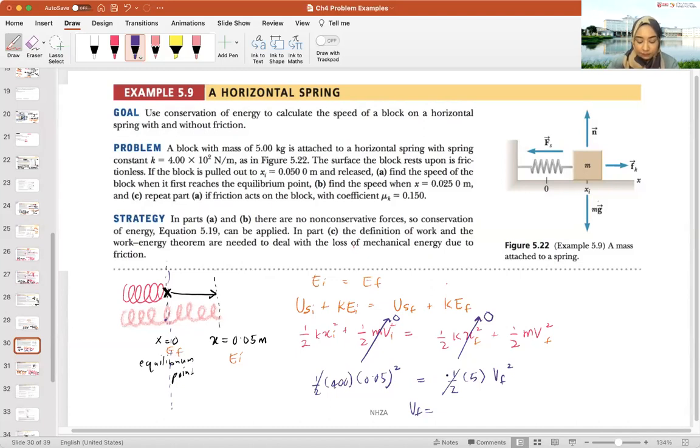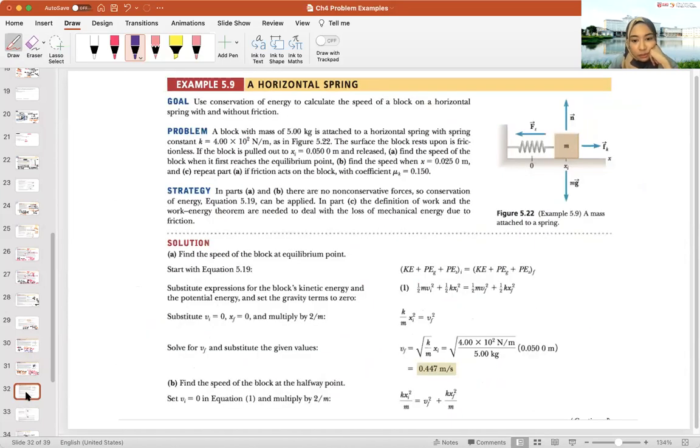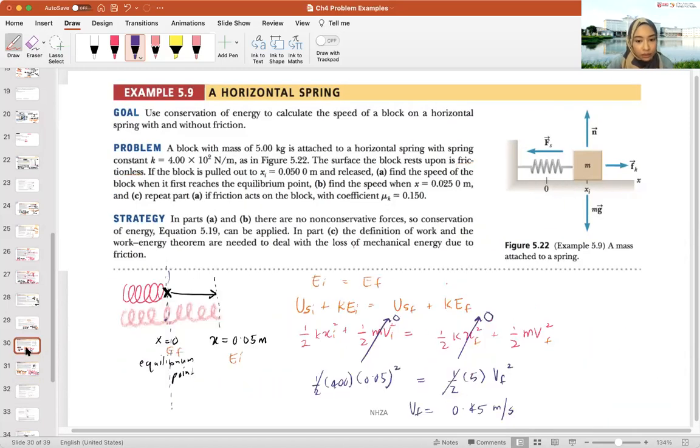Oops, silap. Ada orang dapat jawapan tak? Kenapa lambat sangat saya kira ni? Square divided by 5, square root of that. So dapat V final as 0.45 meter per second. Okay, so let's see if that is the answer, because I don't remember. 0.45 ataupun 0.447, sama lah. Okay, so that is what we need to do if they ask us what is the velocity at the equilibrium